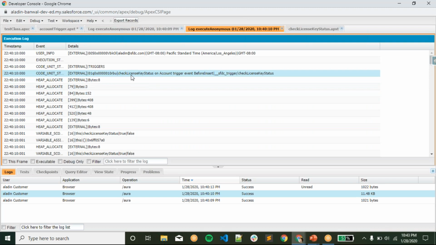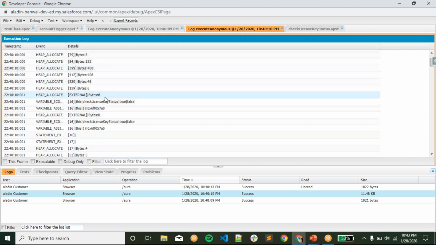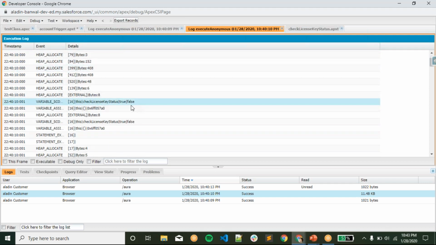It will display the name of this trigger, check license key status on account trigger before insert. It will give you the event as well, so before insert and all. So the name of this trigger, and it will give you every detail. So what happened, it will check whether it is running or not.